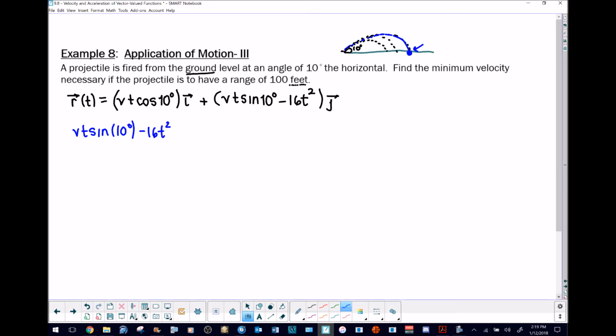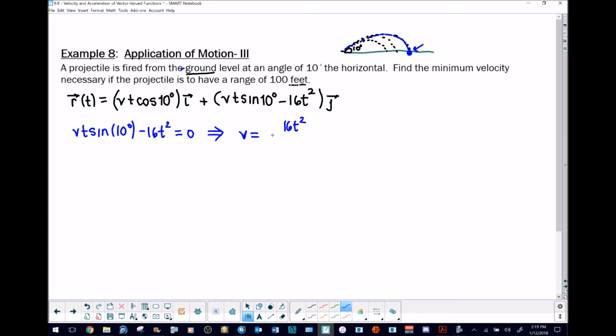Because it just lands right on the ground. And you might look at that and think, well, what's that going to enable us to do? Because we have an equation that contains both a v and a t. Well, what we can do with this is actually solve it for that v. We could probably solve it for t or v, but it's going to be a little easier to do so for v because all we're going to do is add over a 16t squared, as you can see, and then